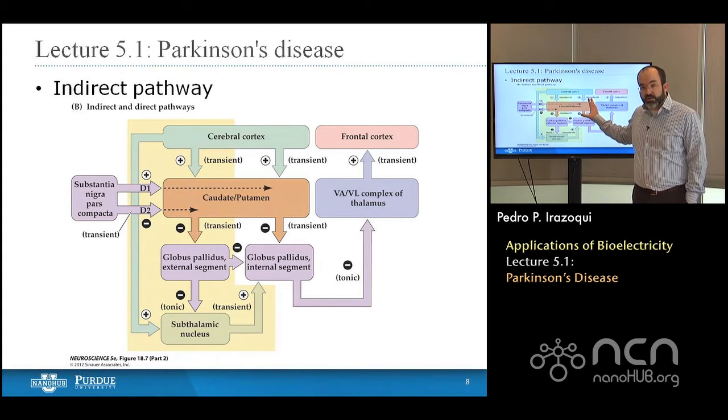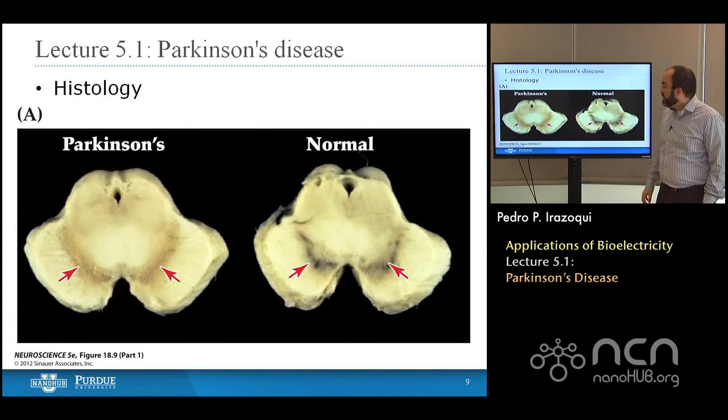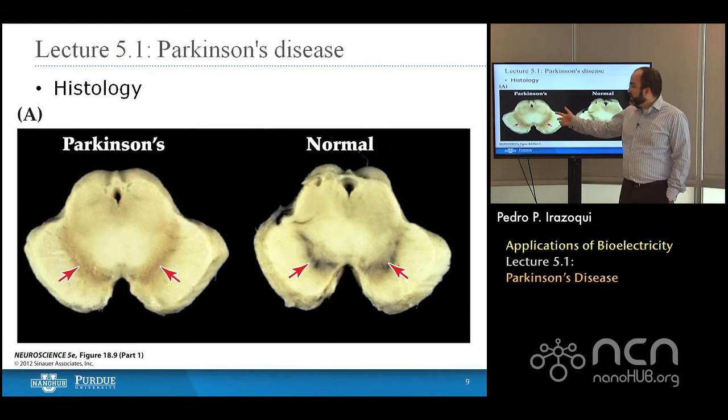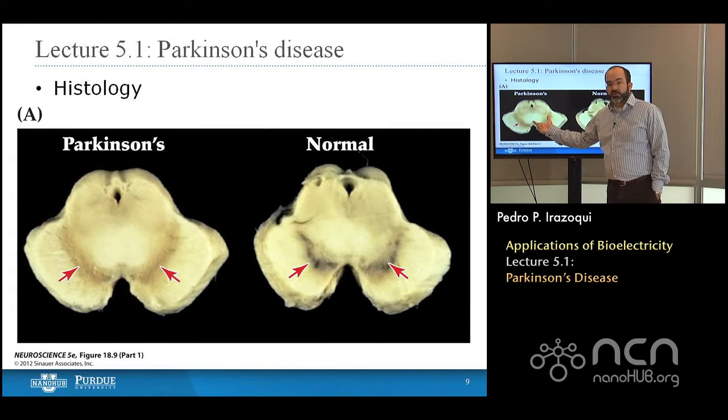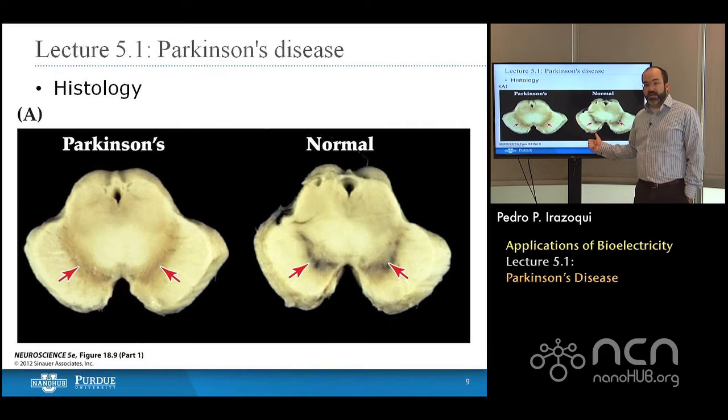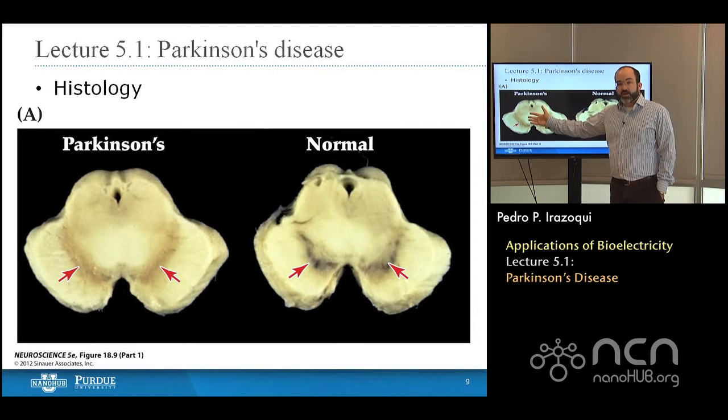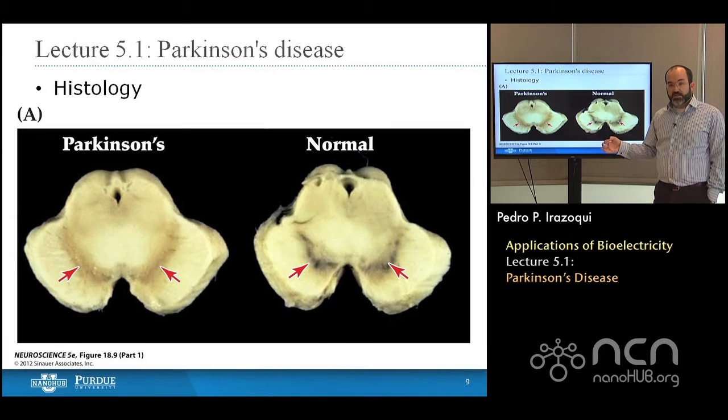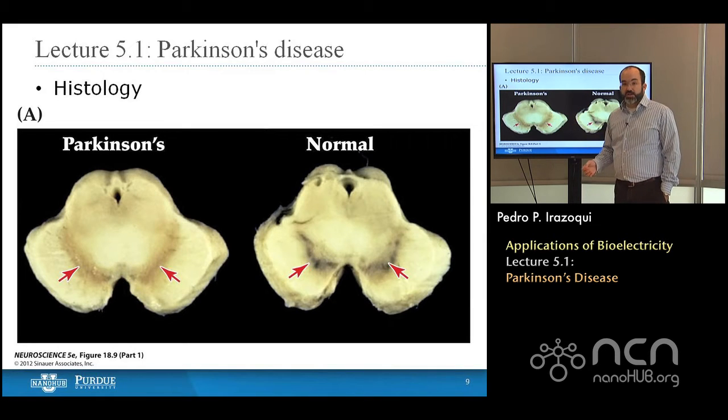Now, what happens to this circuit under Parkinson's disease? Here we have two brain slices across the medulla looking at the substantia nigra. And when we stain the substantia nigra, you can see that in a normal brain, you have a significantly darkened stain area. In a Parkinsonian brain, you have a much lower darkness level. So the neurons that are being stained, there are far fewer of them in the Parkinsonian brain. So there are fewer neurons in the substantia nigra, which is why one potential treatment for Parkinson's disease is injection with dopaminergic neurons or stem cells that will become dopaminergic neurons into the substantia nigra.